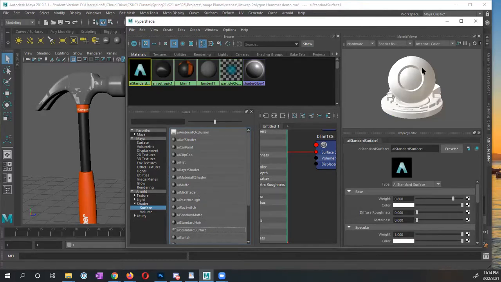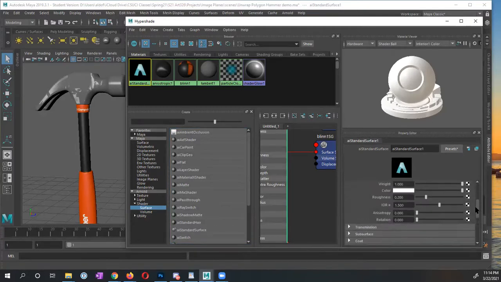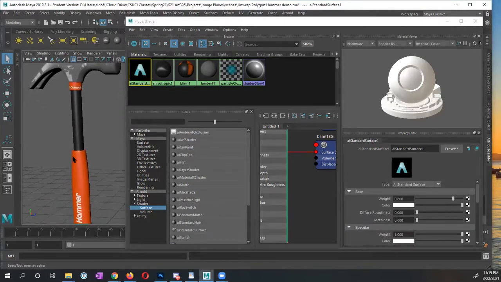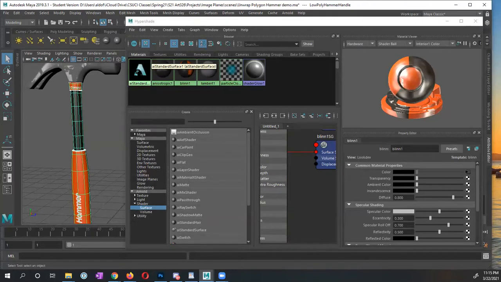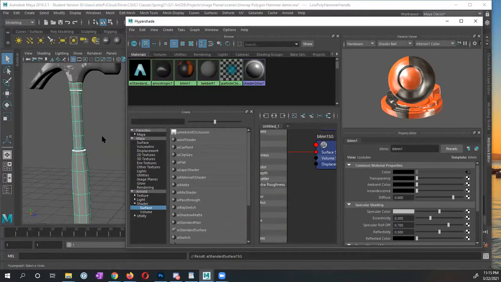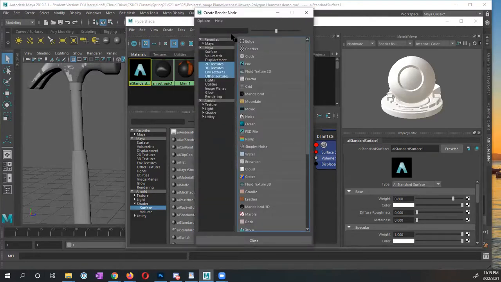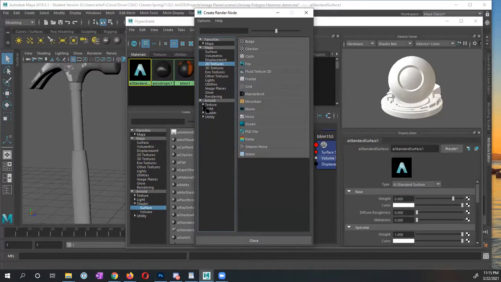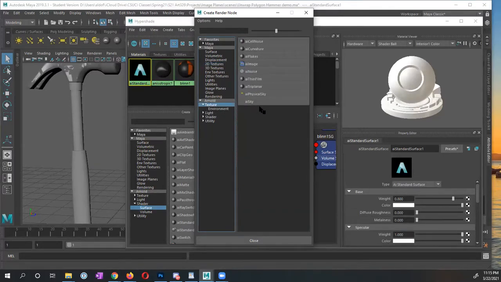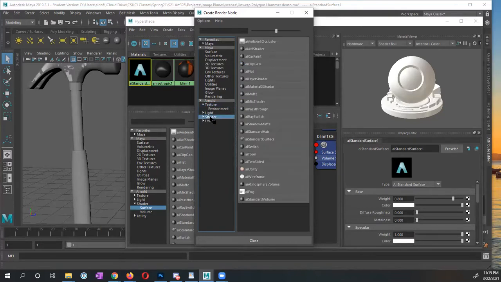And for this standard surface, it has many properties. But what I want to do is select this object and assign that shader. Now for the standard shader, for what it says base color, I'm going to create a render node and connect that file that we just created. So right here under create render node, we could either tell it to have a 2D texture file, or also under Arnold, under texture, there's also a file,